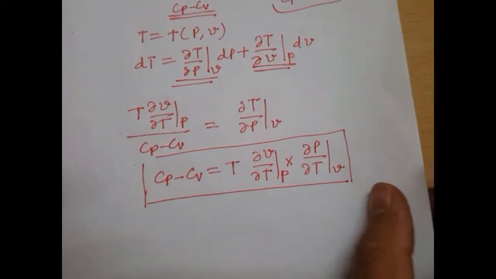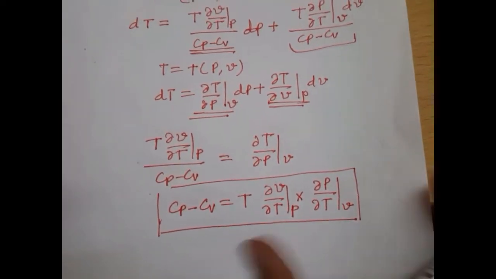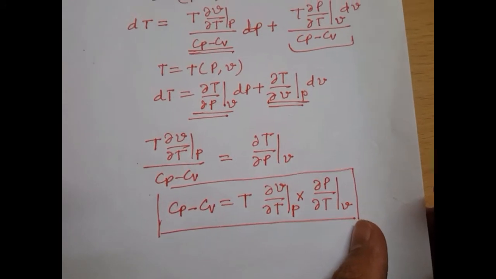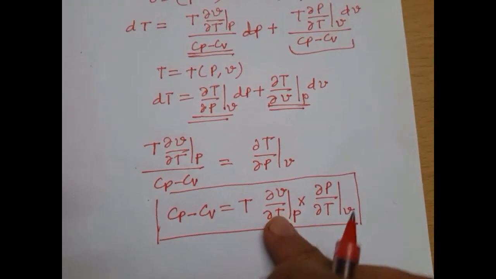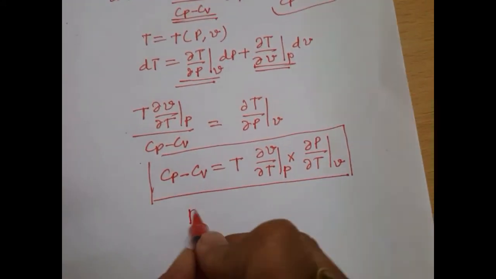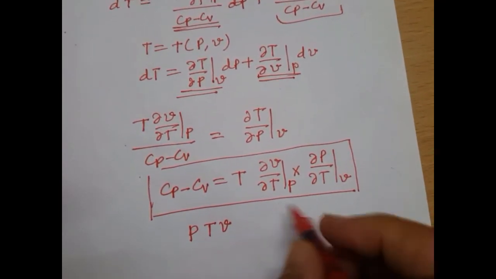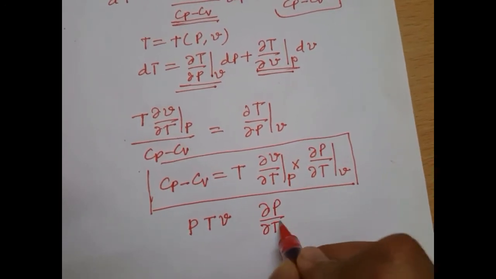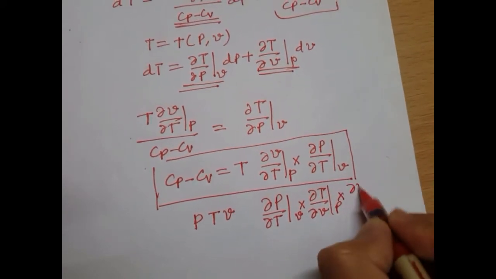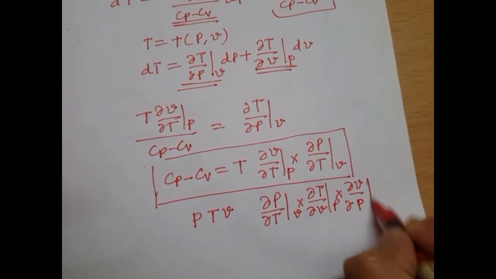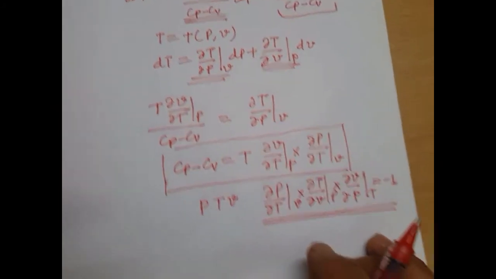I have seen that this relation has been asked in the past in many competitive examinations, such as engineering services examinations. Now deriving the second Cp minus Cv relation from this. For that, let us say that pressure, temperature and volume are related somehow. So what I can write here is del P by del T at constant volume into del T by del V at constant pressure into del V by del P at constant temperature will be minus 1. This is the first identity which we have seen in lecture 1.